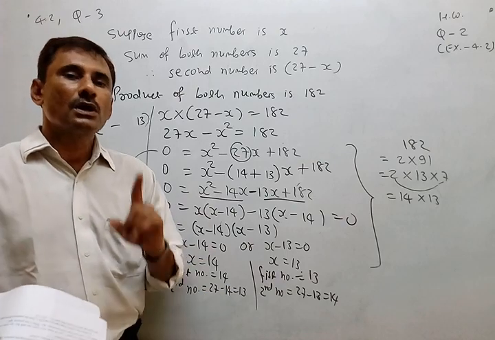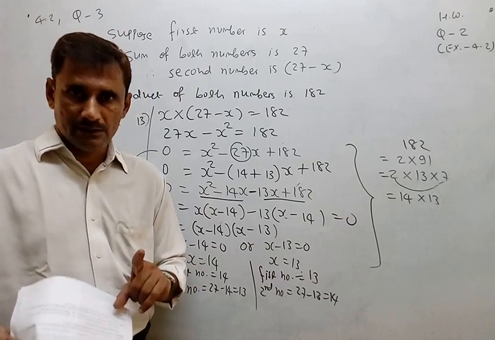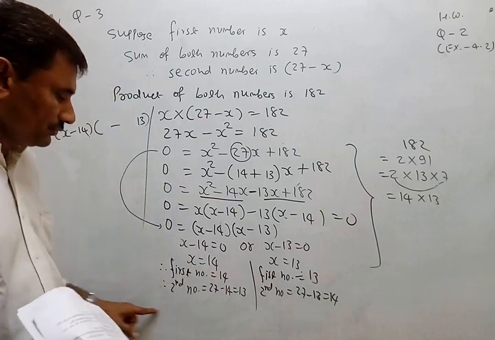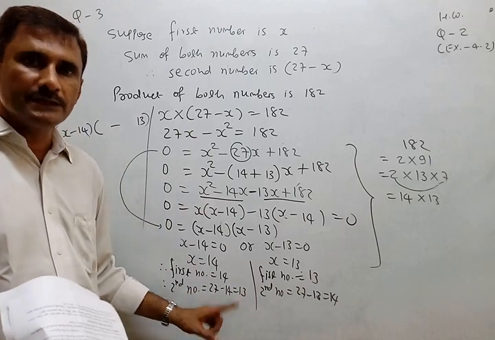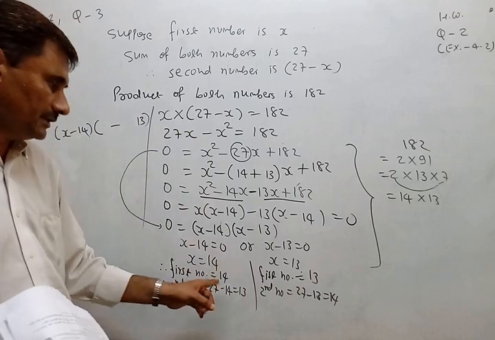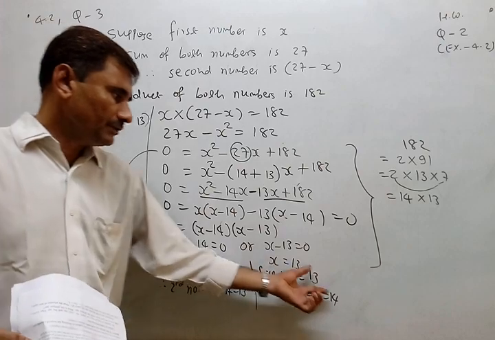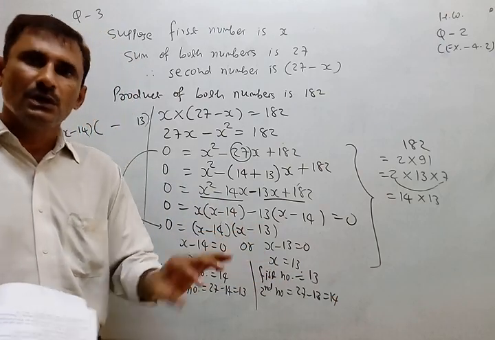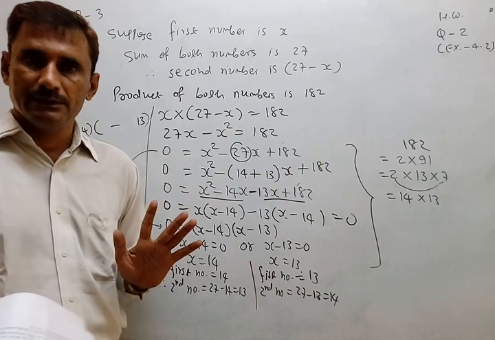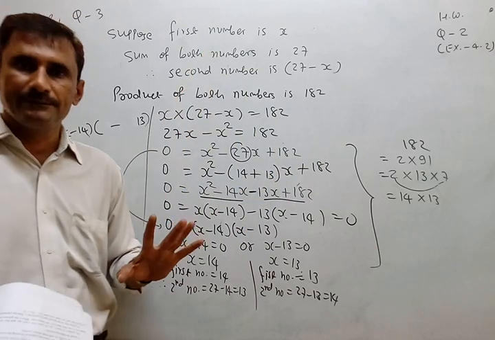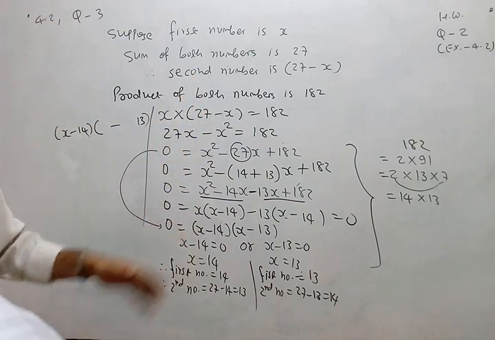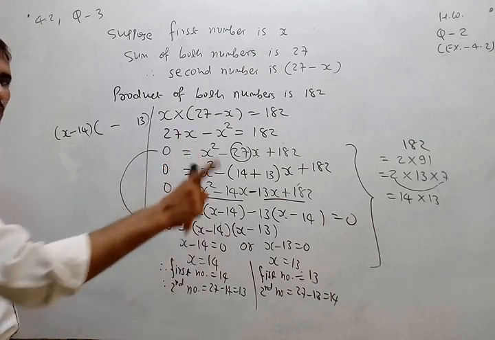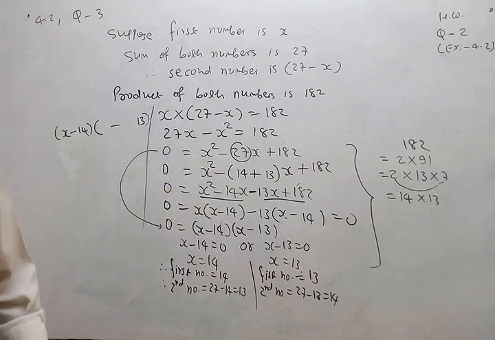Understand? But your answer should be in a statement. Compulsory. Understand? So you have to now write your statement. I am not writing. I am just telling you, required numbers are 13 and 14, whether from here or here. We need not specify first, second, smaller, bigger. Only both numbers together. Okay, because that is expected. And if you want, you can write directly this step also because a is 1, so you can get the factors directly.